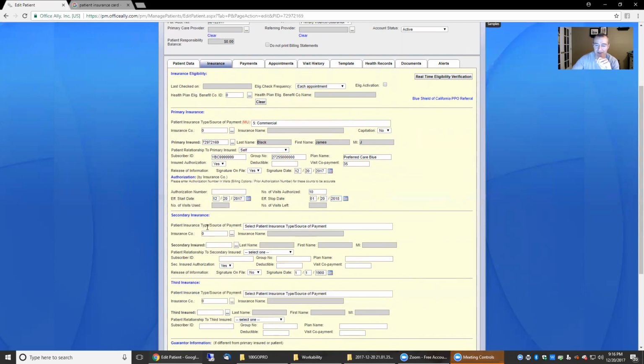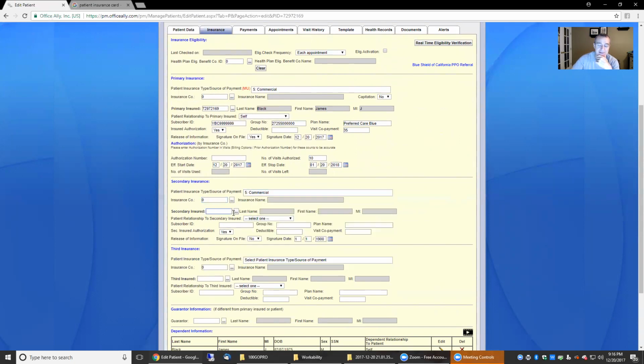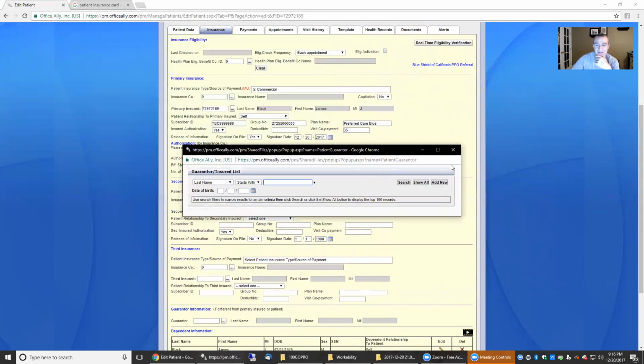Now, there's a secondary insurance. So commonly with Medicare, you would have a secondary insurance. Sometimes when it's a husband and wife, you may have a primary and a secondary. You would put all the same information here. Let's say the secondary is another commercial plan. Let's say, if the secondary insured,